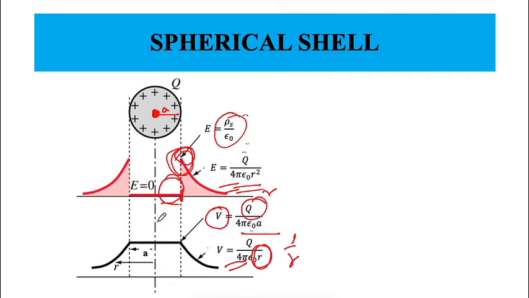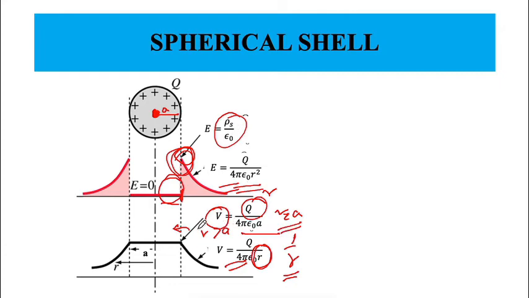First consider r much greater than a. In this case, the potential is going as 1 by r. Now as you start to move towards the cell, the potential keeps on increasing, and at r equals a,